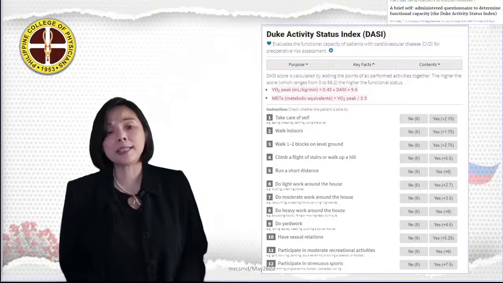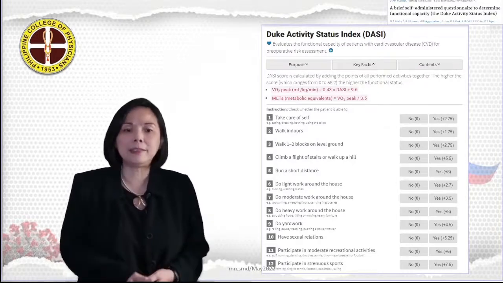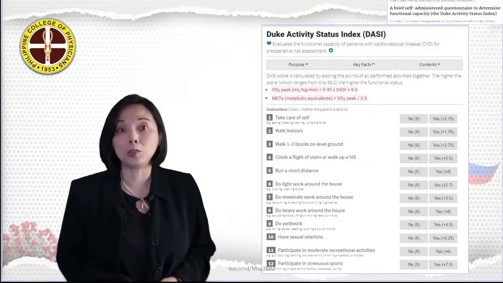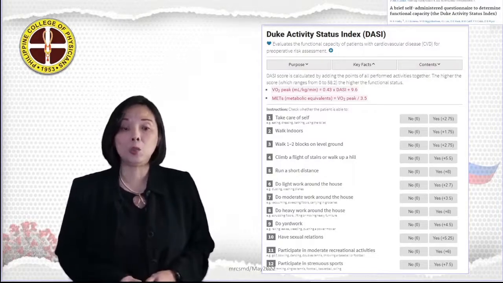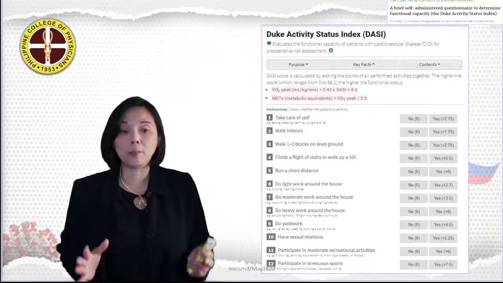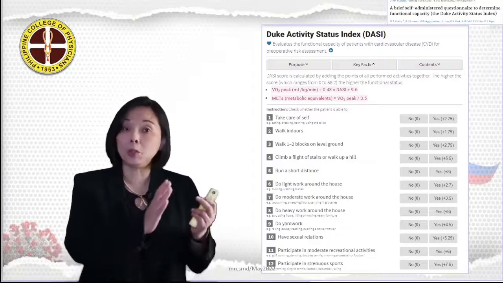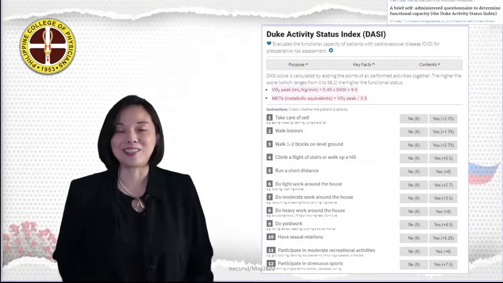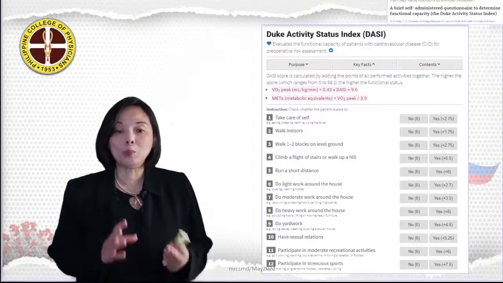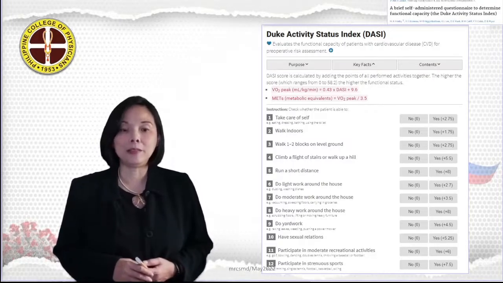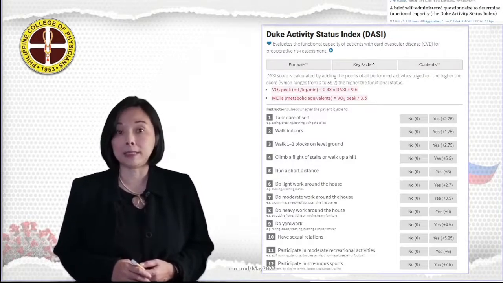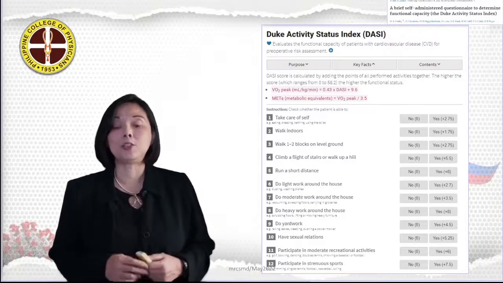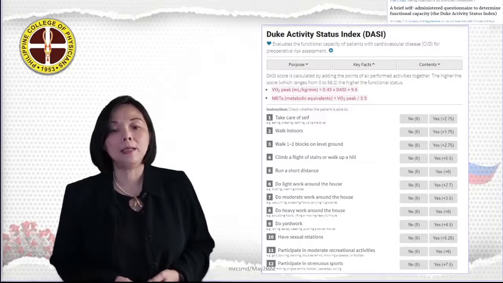The questionnaire assesses daily activities such as household tasks, personal care, and recreation, and provides the metabolic cost of each activity. The DASI score is calculated by adding all the points together, and the higher the score, which ranges from 0 to 58.2, the higher the functional status. Now, you can also predict functional capacity by computing the average metabolic equivalents, or METs, that the patient can perform. Remember, it is recommended that the patient should be able to perform at least 4 METs to be able to